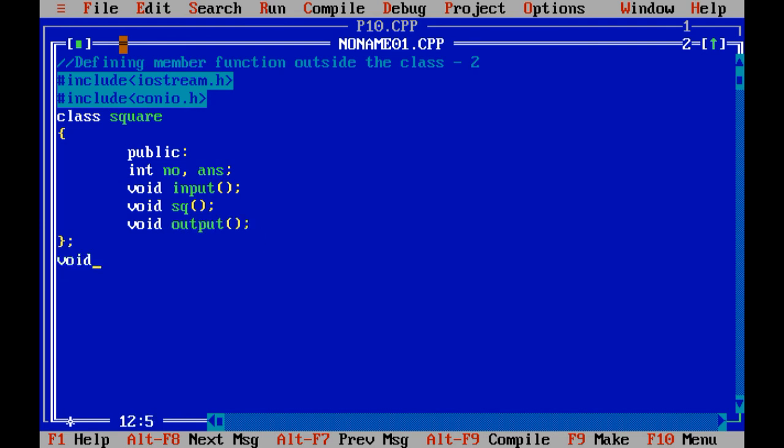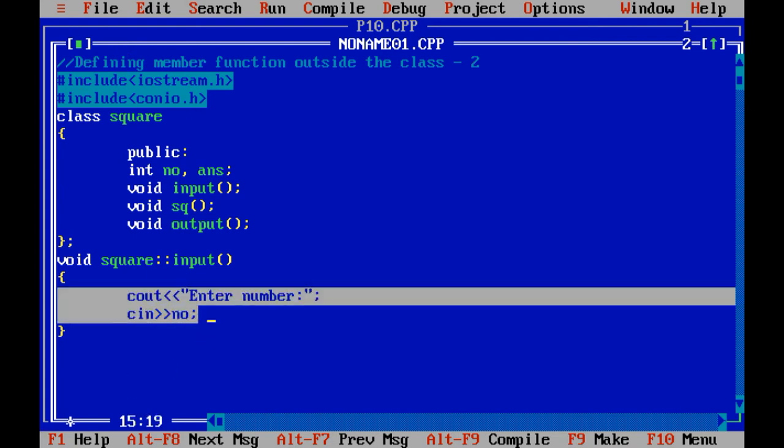Now I am going to define the 3 functions outside the class. You need to memorize the syntax of the class. In this I am going to enter only a single number, cout and cin number, right? The input function contains the input of a single value only.